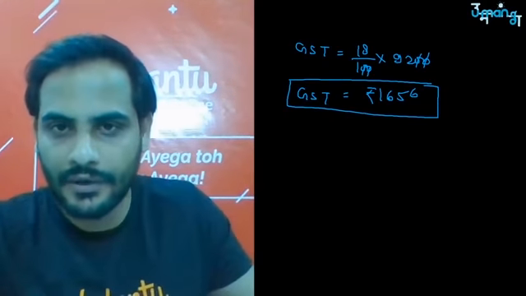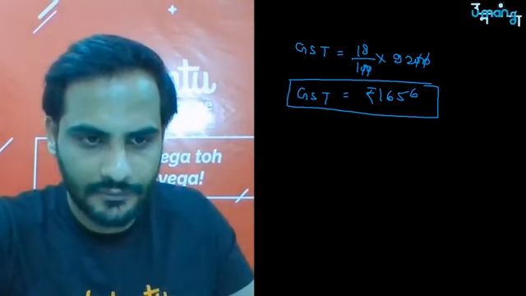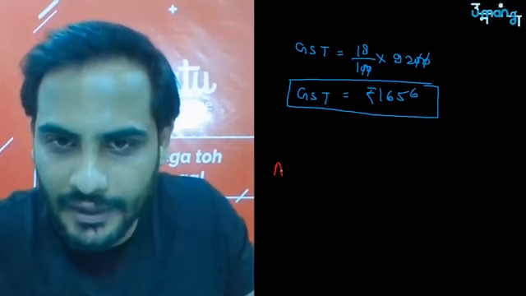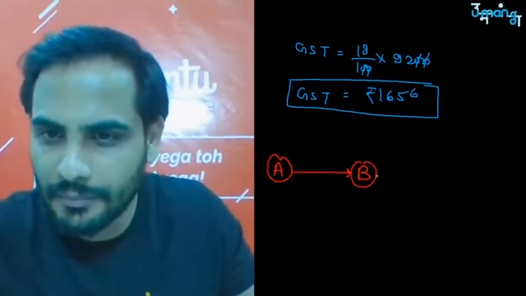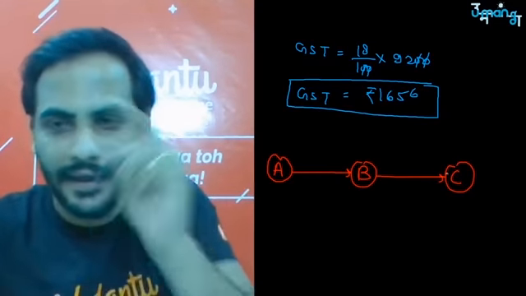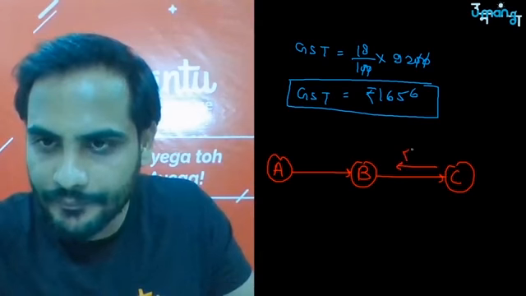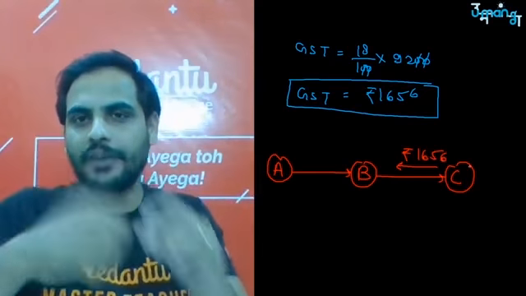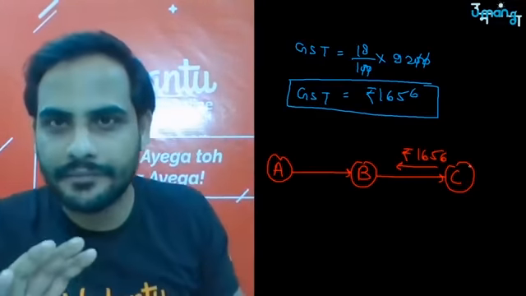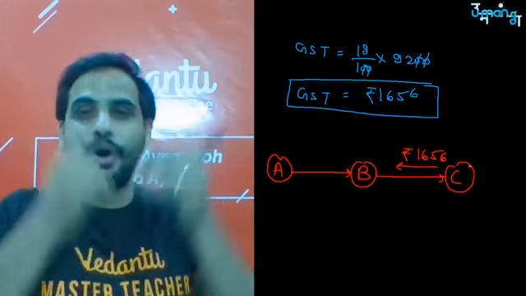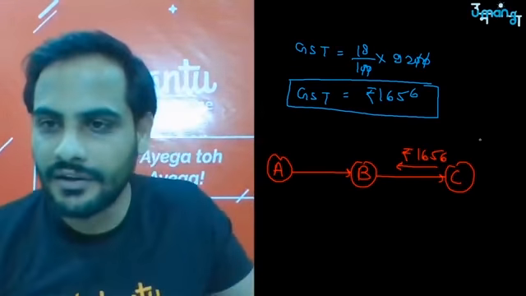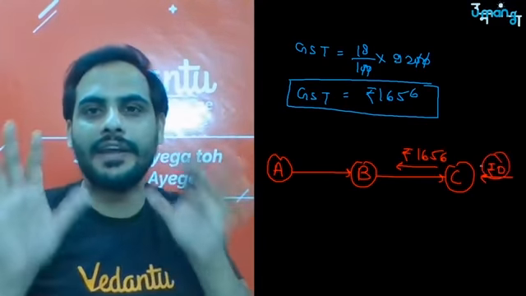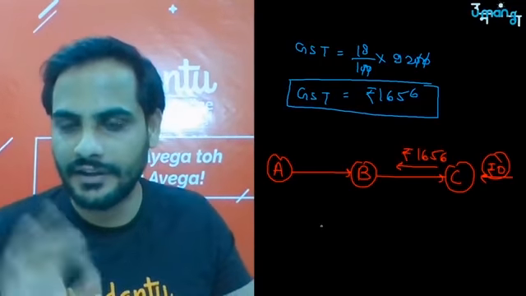Now look here carefully. Again, although I have already taught this part to you, I just wanted to reconfirm. First part is A sold it to B, B sold it to C. Correct? Now C has paid rupees 1656 as GST to B. Now C is not going to sell it any further, so there is not going to be any output tax. C is not getting anything as the output tax.